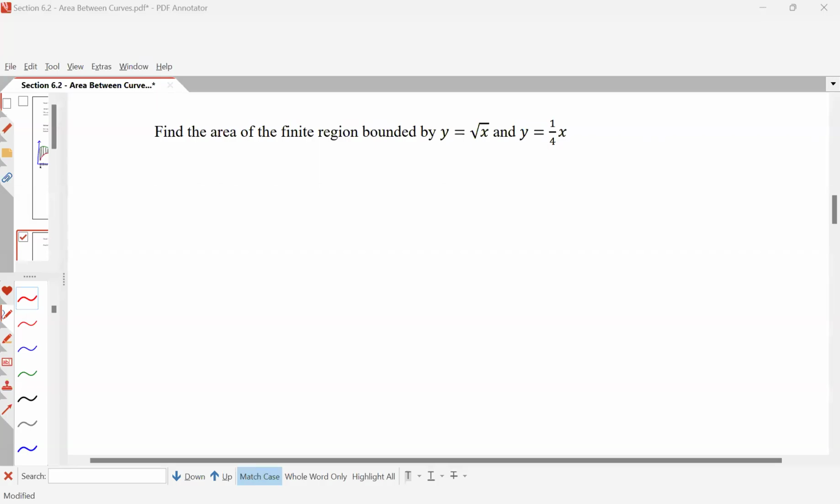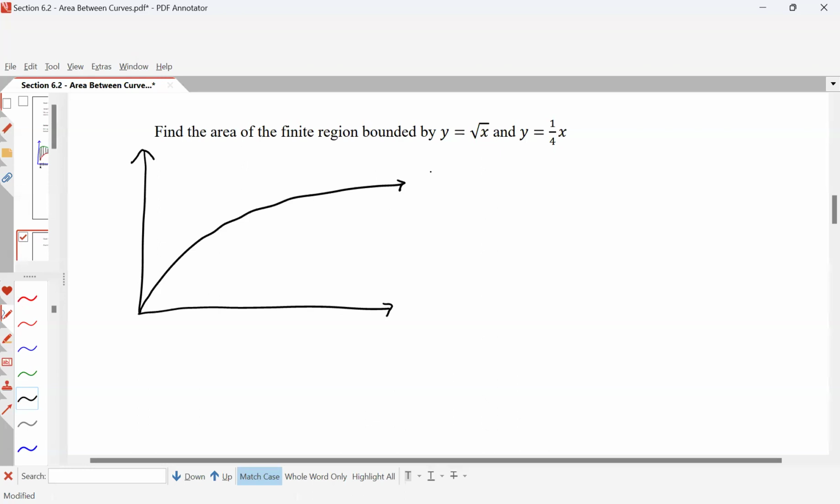Hello. In this video, we're going to take a look at two examples of finding areas between two curves. So the first example is finding the area of the finite region bounded by y equals the square root of x and y equals 1/4 x. So taking a look at those graphs, we have that the square root function